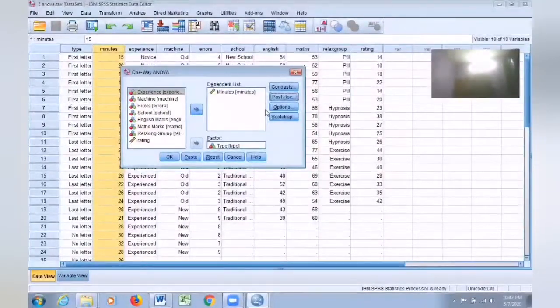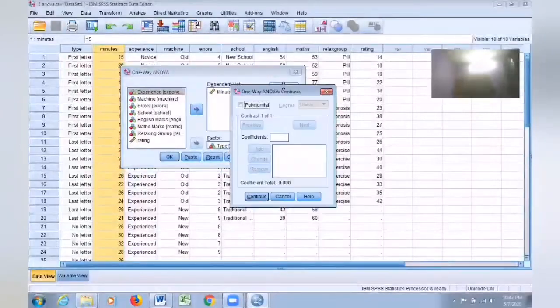See, I have taken the same independent variable, same dependent variable, but instead of conducting post hoc analysis, I want to conduct planned contrast. Just, for example, you click analyze, compare means, one-way ANOVA, and then after selecting dependent variable and independent variable, you go to contrast menu, and you can see here what kind of planned comparison you can make. So you can group the variables by yourself and you can look for the difference in the comparison. So what I'm going to do is that I'm going to make two pairs now.